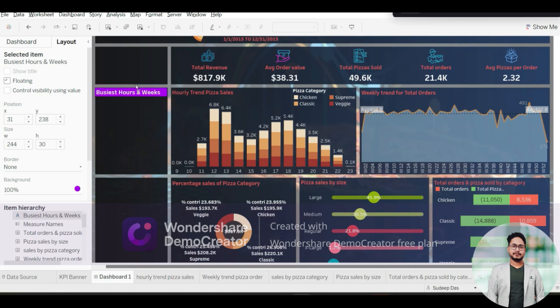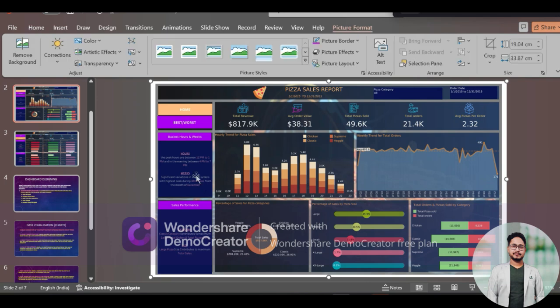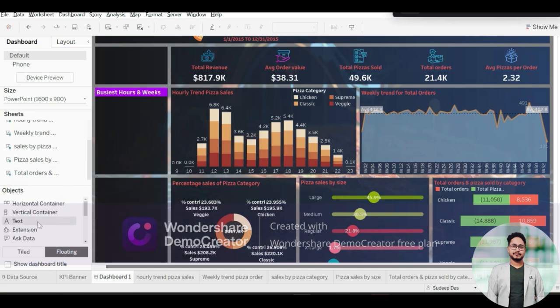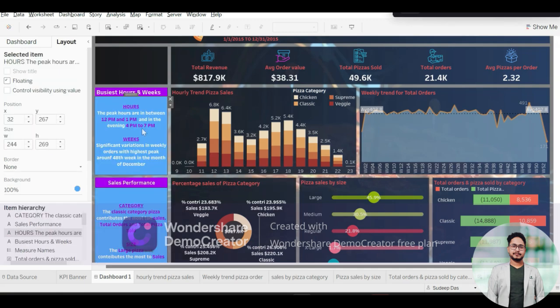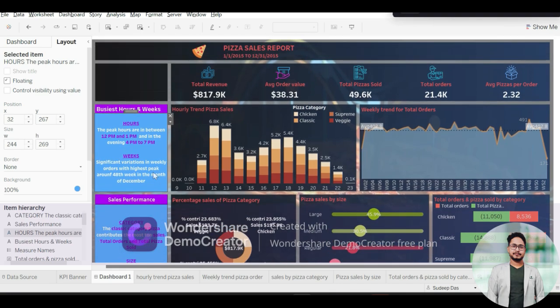And let's fill this inside. So as you can see that I have already written some insights here. So let's head on and write our insight. So basically we want to say that the peak hours are between 12 p.m. and 1 p.m. and in the evening between 4 p.m. to 7 p.m. So here you can see I have included the insights that we have derived so far,